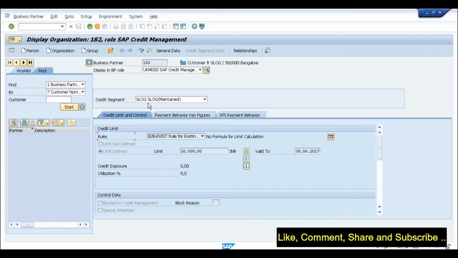But if you are not happy and you want centralized credit control, only in that case will you go for this option. But the problem here is, irrespective of whether you are following the centralized credit limit or not, if you are in SAP S/4HANA, you have to follow the structure. You have to create a credit segment because the other option is not at all available. But in ECC, it is still available.